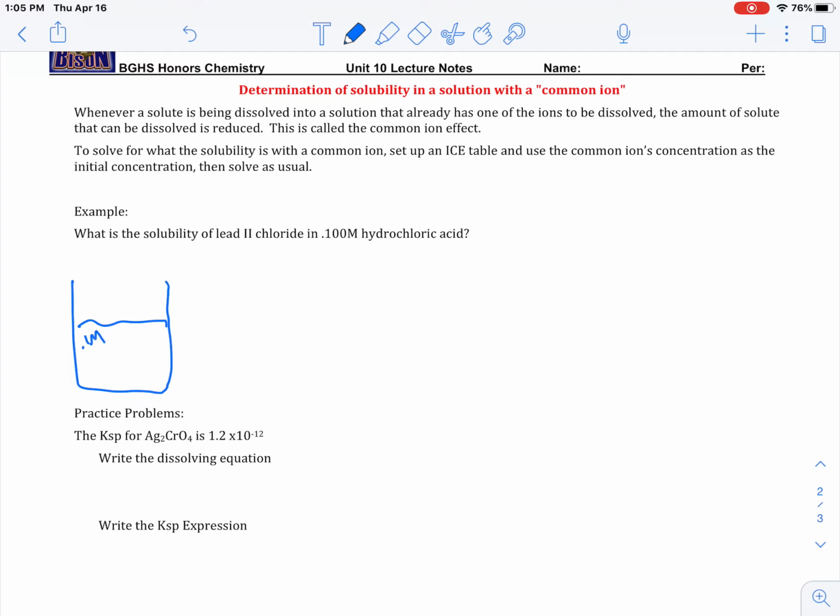If it's 0.1 molar HCl, that means it's 0.1 molar H plus and 0.1 molar Cl minus. And we're trying to dissolve lead chloride. When we try to dissolve lead chloride, there's already chloride there, which means you're not going to be able to dissolve as much. If we look at this from an ice table perspective,